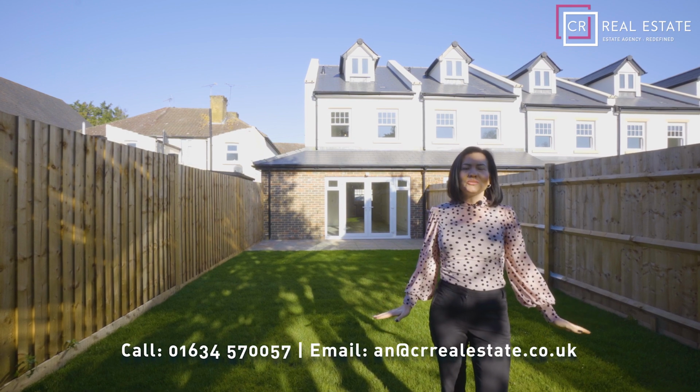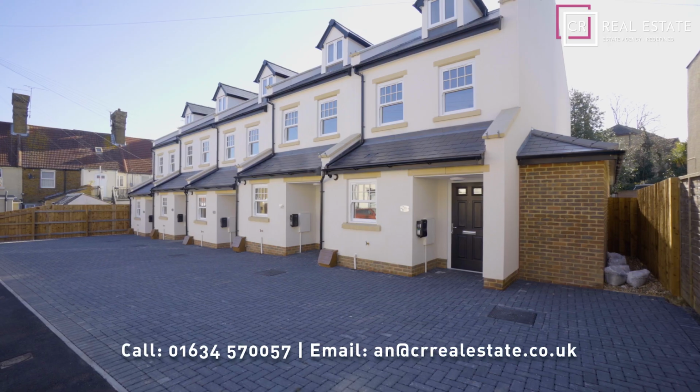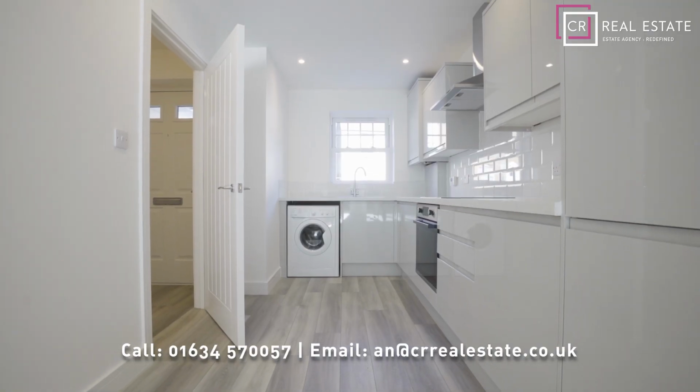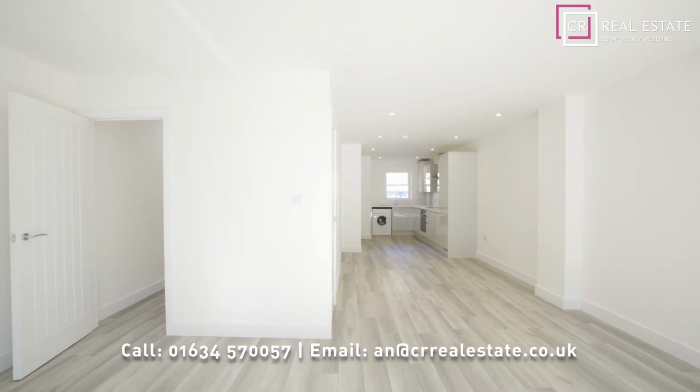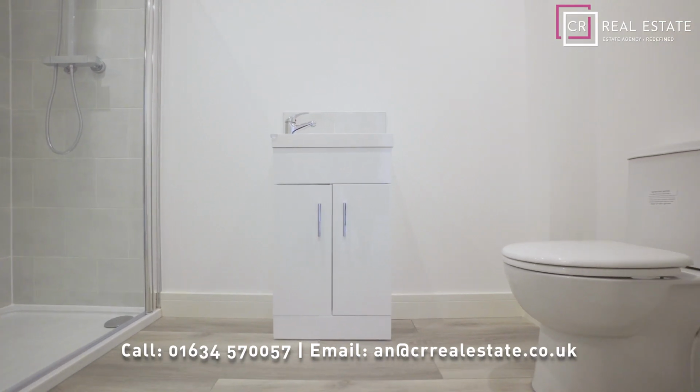So to summarise, we have 5 beautiful new builds, all offering 3 double bedrooms, modern kitchens and open plan living. One of them offers the addition of a study and a downstairs shower room, and they all have off-street parking